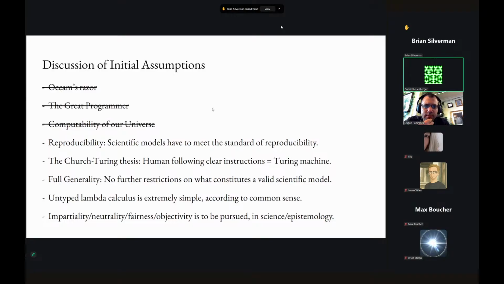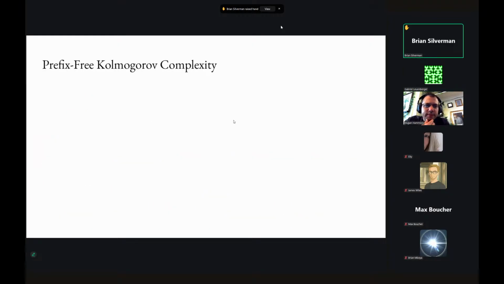And there's also Brian Silverman who wants to say something. Yeah, Brian, go ahead. So it seems like one of the things that you're doing here is trying to quantify simplicity by building on a lot of other work that was trying to quantify complexity, which I guess are just two pieces of the same coin. Yeah. The thing that I wonder is, do you think that you can actually objectively quantify simplicity in a way that works across all possible observers?